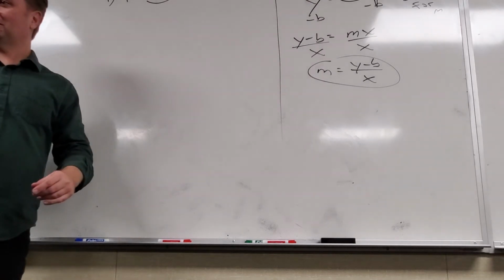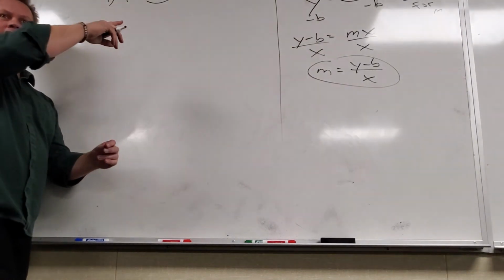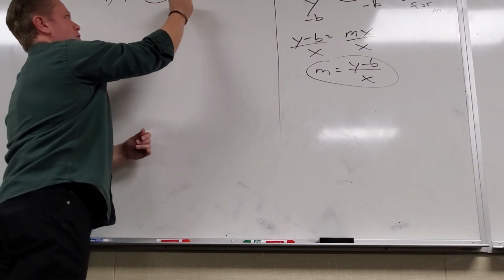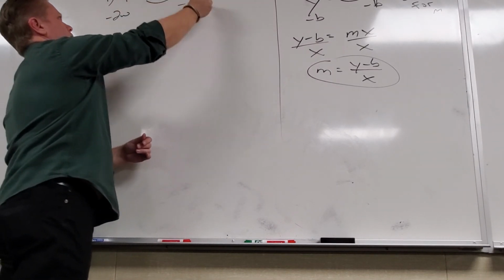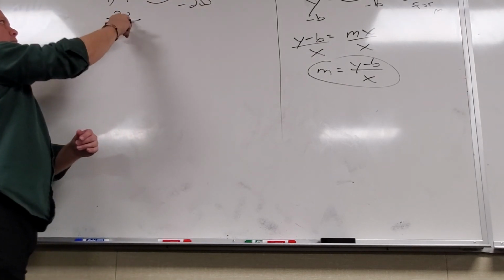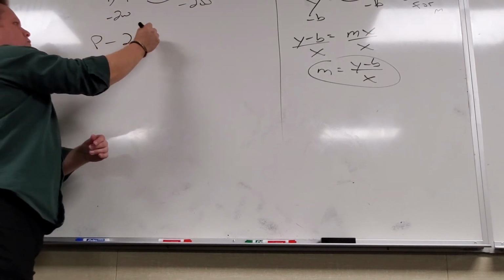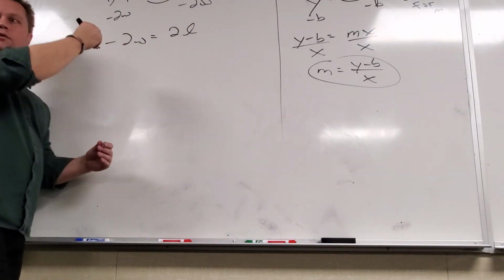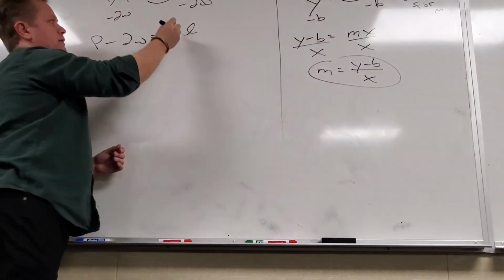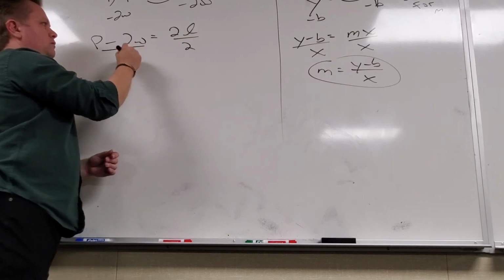Is everybody finished with it on their own paper? Yeah. So how do you get rid of 2W? You subtract 2W from both sides. So I get P minus 2W equals 2L. And then divide by 2. This one was not as evil. There's a few numbers in this one, but